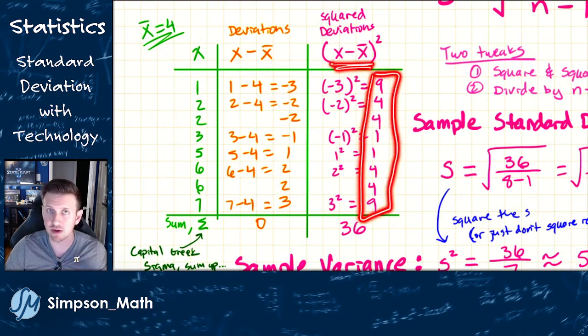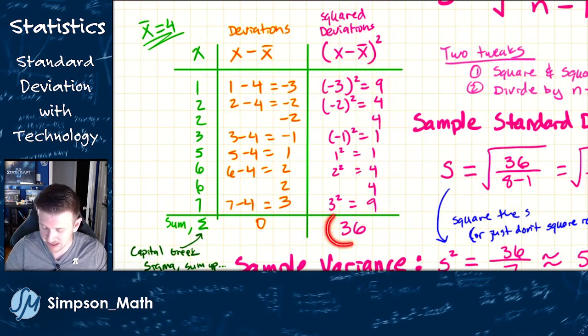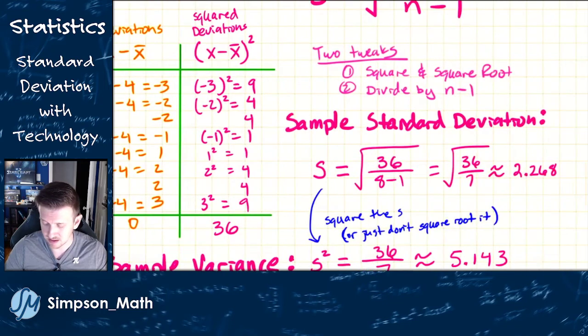So same old, like we just did a second ago, let's find the average of these. So to find the average, I'm going to add them all up, 36, and then divide by n. As that other tweak, instead of dividing by n, we're going to divide by n minus 1. I'll explain a little bit why-ish in a minute. So we're going to divide by n minus 1, which is 7. And then